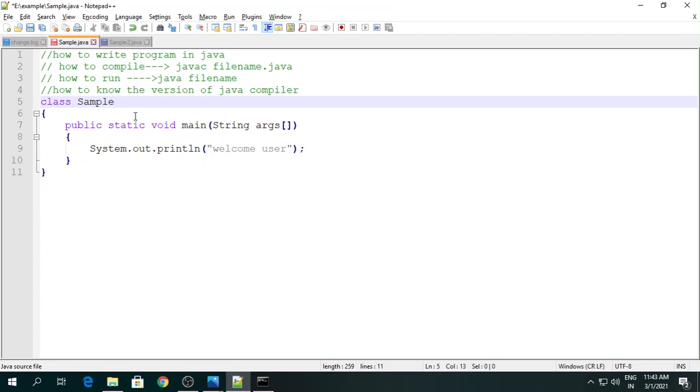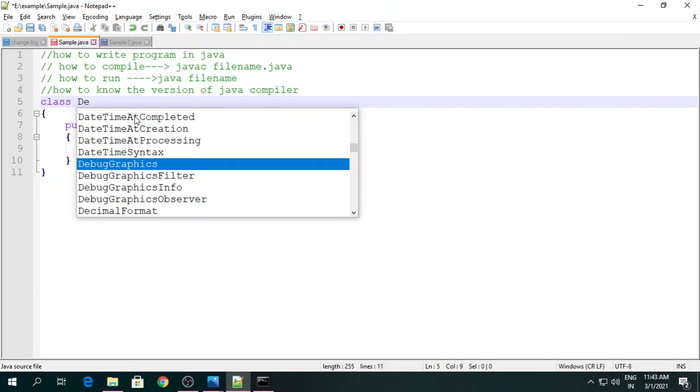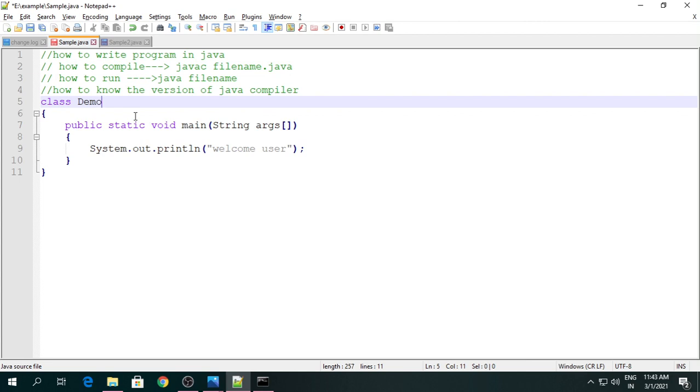Suppose I want to change the name of my class. Instead of class Sample, I will write demo example. I have given the name demo example to my class, and the name of the file is Sample.java. So Ctrl+S,